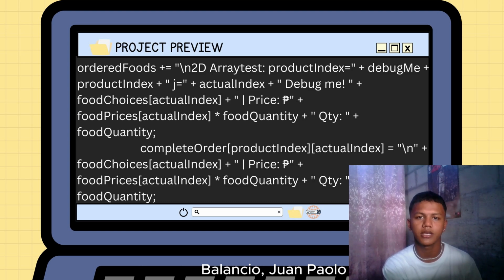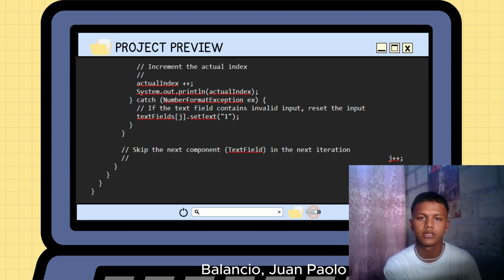The program dynamically calculates the total order based on the selected items and their quantities. When the user checks a food, dessert, or drink, an item listener detects the action. It retrieves the item's price and multiplies it by the specified quantity, and then updates the total amount variable and total field to display the new total. If no items are selected, the total resets to 0. This ensures real-time updates whenever an item is added, removed, or modified.